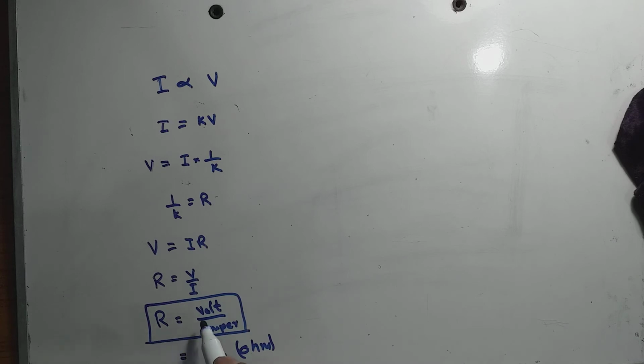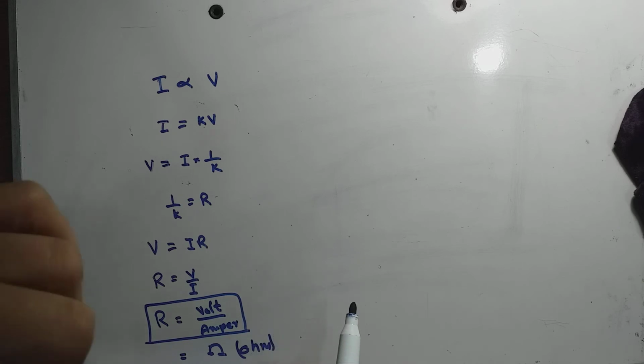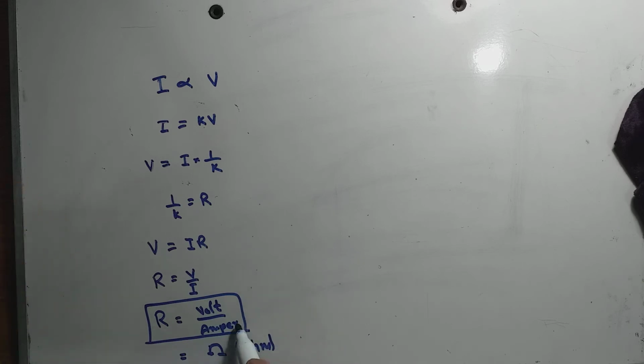इफ 1 वोल्ट of potential difference applied through the cross section of a conductor and a current of 1 ampere is passing through it. So वो जो रेजिस्टेंस होगा उस कंडक्टर का that will be 1 ओहम हो जाएगा। अगर आप 1 वोल्ट पोटेंशियल डिफरेंस अप्लाई करते हैं और उस कंडक्टर में से 1 एम्पेयर करंट गुजर रहा होता है, तो जो रेजिस्टेंस ऑफ द कंडक्टर होगा that will be 1 ओहम। तो ये उसकी सिंपल डेफिनेशन हो गई।